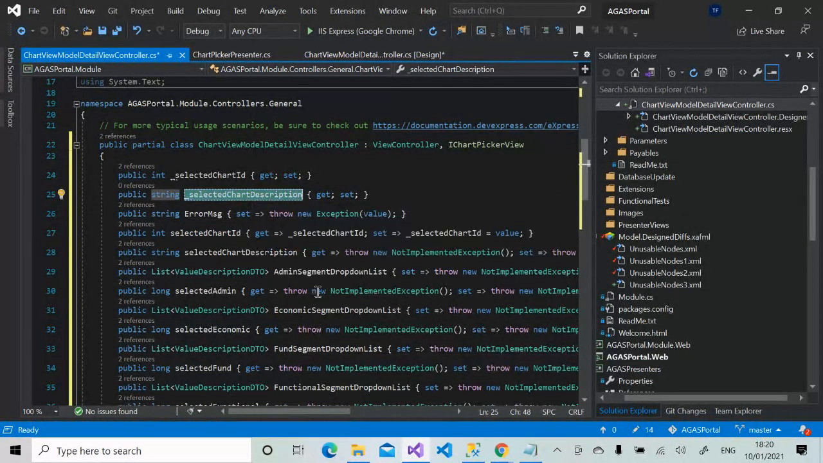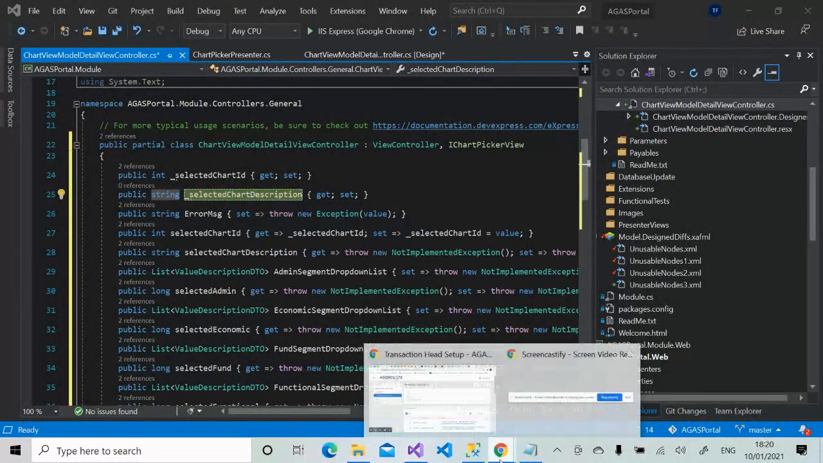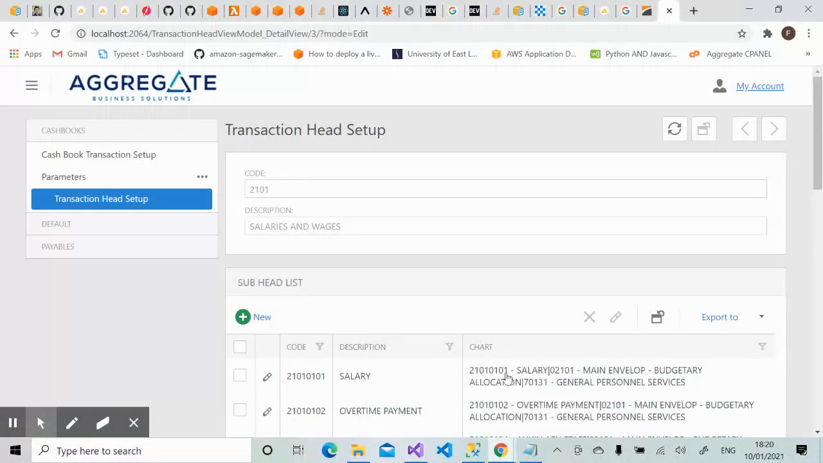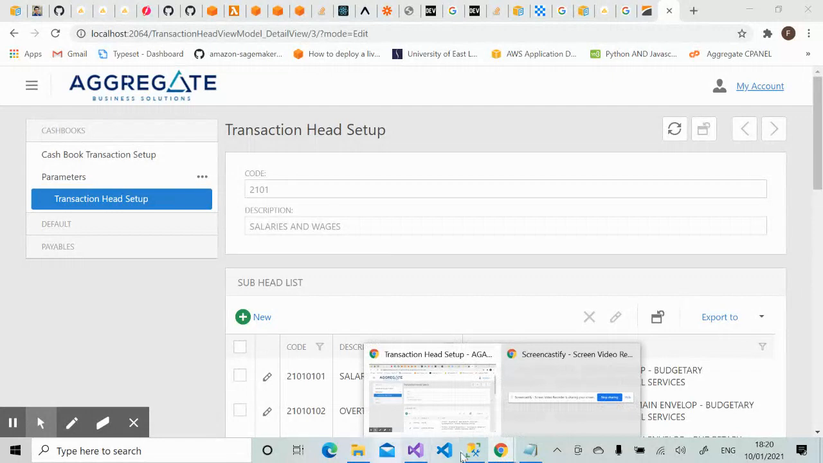This is actually what will be displayed. This is what the presenter is a way of the presenter returning this description. So